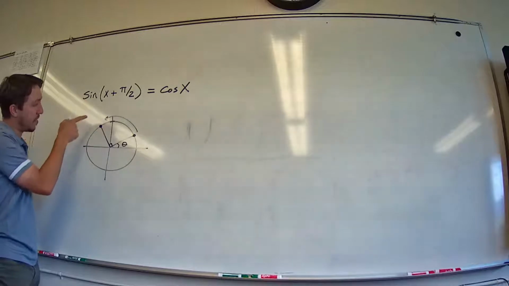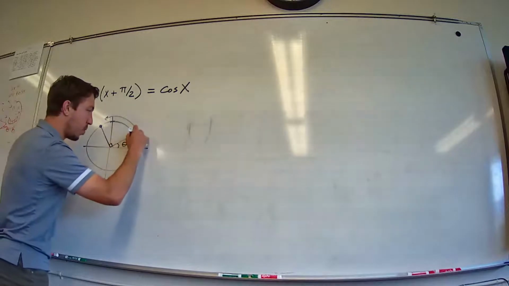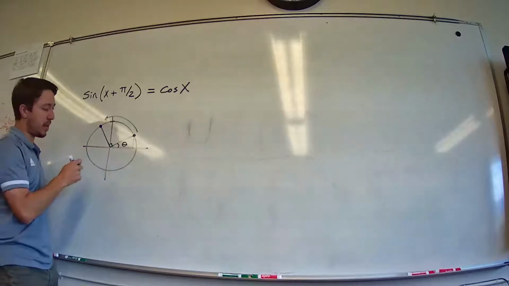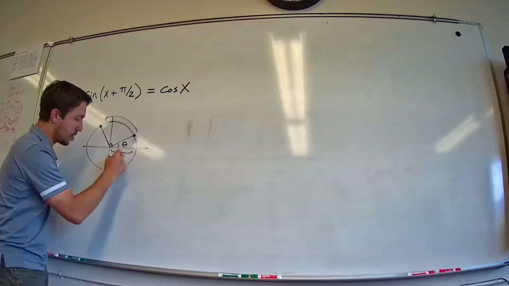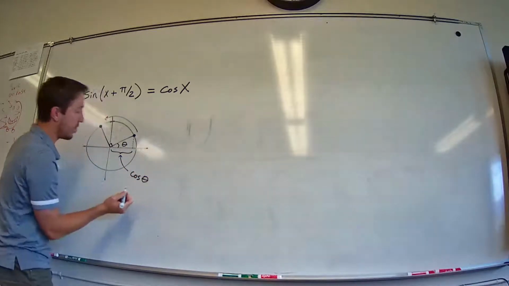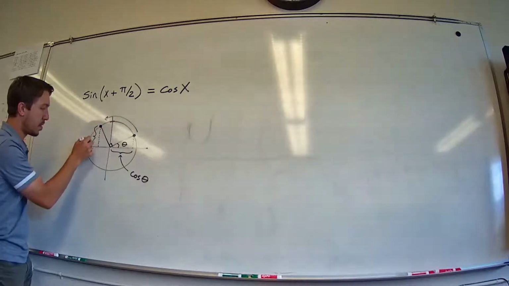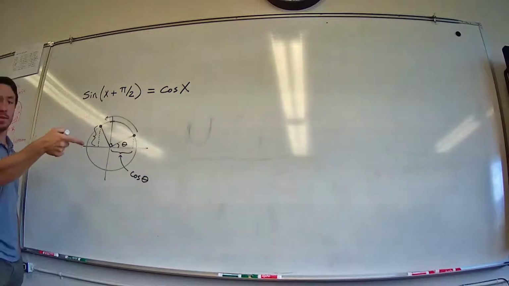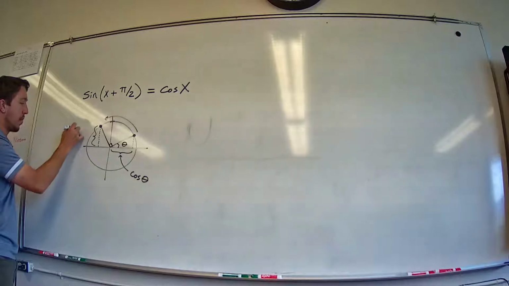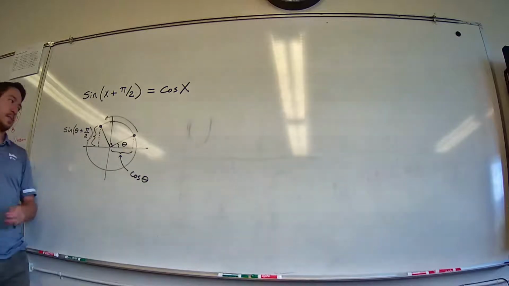So let's compare the sine of this guy to the cosine of this guy. Well, where on here is the cosine? Where's the cosine of theta? It's that distance, right? So that distance there is the cosine of theta. And where's the sine of theta plus pi over 2? It's this. Does that make sense? So the sine of theta plus 90 degrees, and so a diagram like this